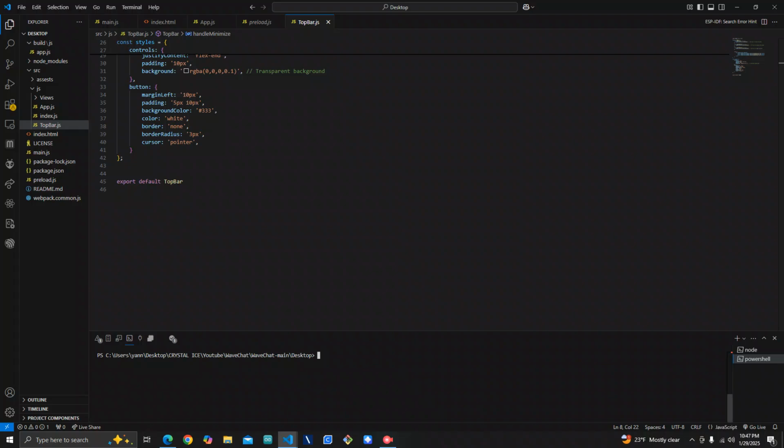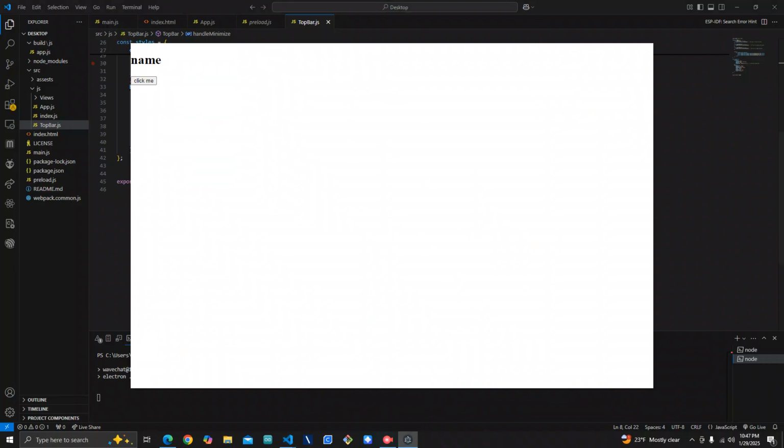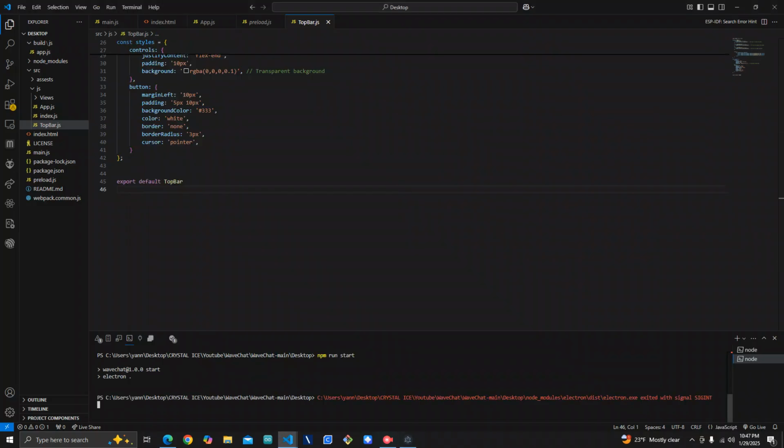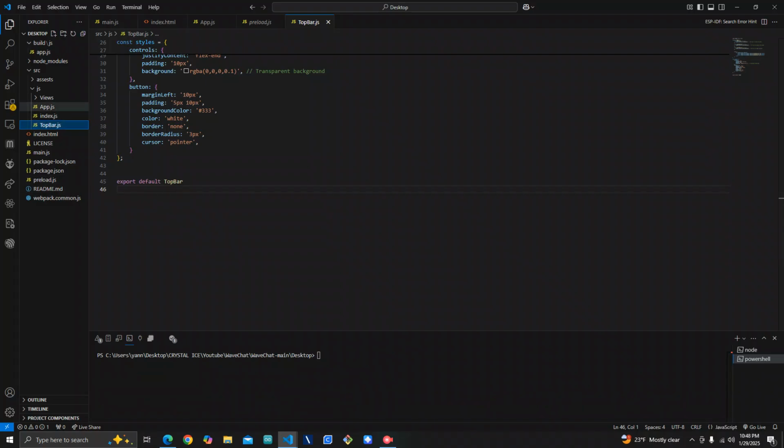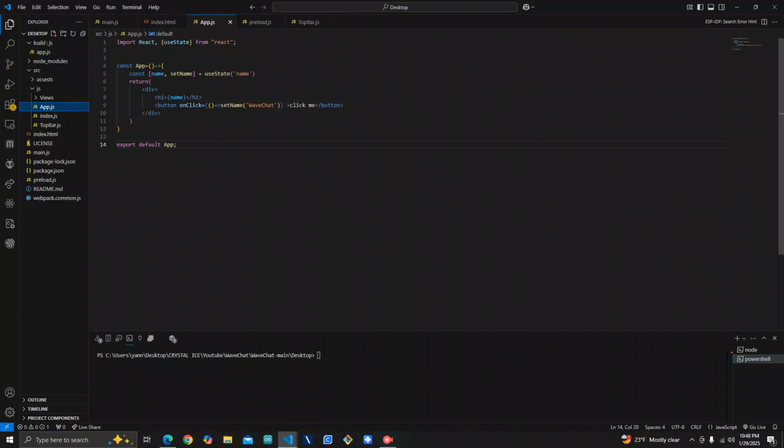Then clear, and it's gone, just because we don't have any controls over there. But if we go back and run npm run again, you'll still notice they're not there, and that's because we never actually did anything with them over here at all, because everything has to pass through app.js